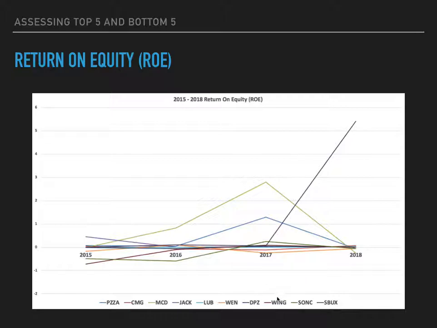And then another company to take note of is Wingstop. They also show some slowed and controlled growth, which also suggests some stability. And then this one here, Papa John's, also had a good year, 2017, then quickly returned to the market average.